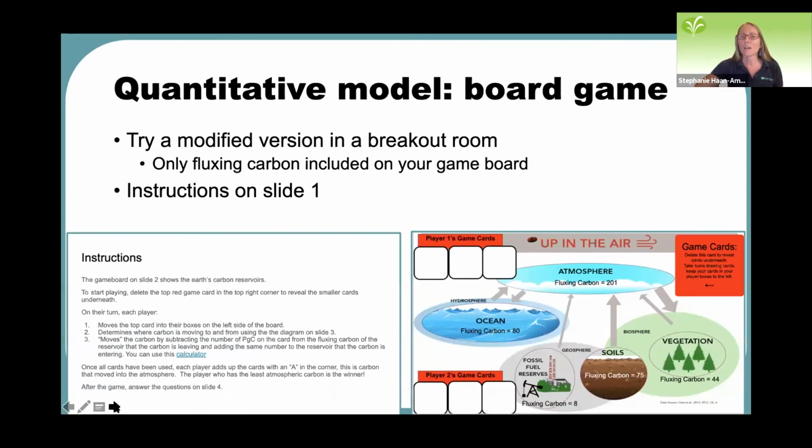So we're going to have you acting as students to give this game a try. Now, you don't have any game cards or a game board in front of you. So what we have for you is a modified version, a virtual modified version of this game that you're going to be conducting as a Google Slides. And we're going to put you in a breakout room, and you'll find in that same folder, so you're going to want to pay attention to the number of your breakout room, you'll see these instructions and this game board.